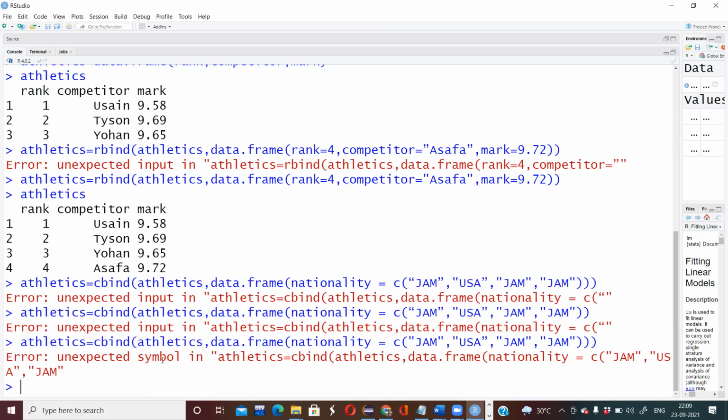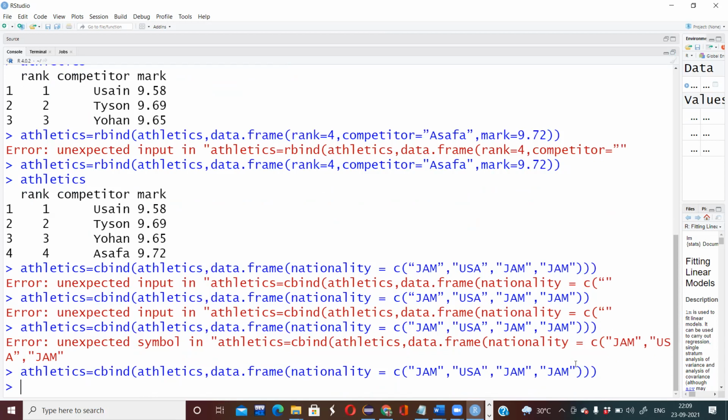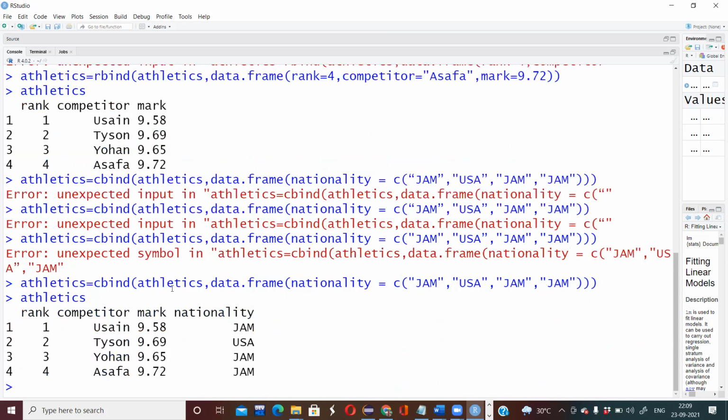Error, unexpected symbol in athletics. Okay. The issue is with the double quotes, since I copy pasted that, right? So if I just print athletics now, I'll get a new column nationality with these values.